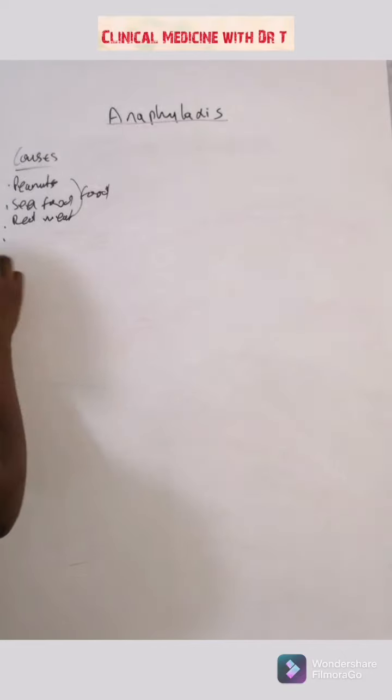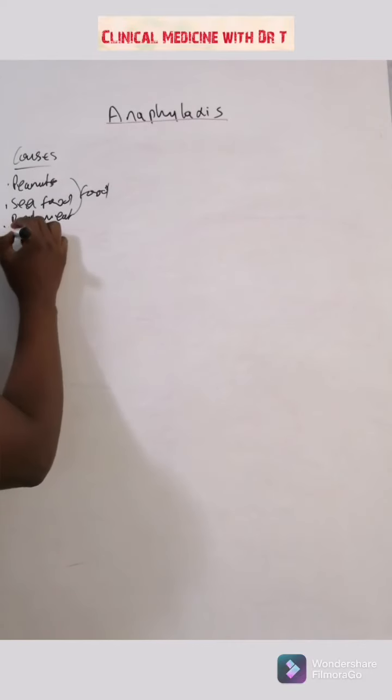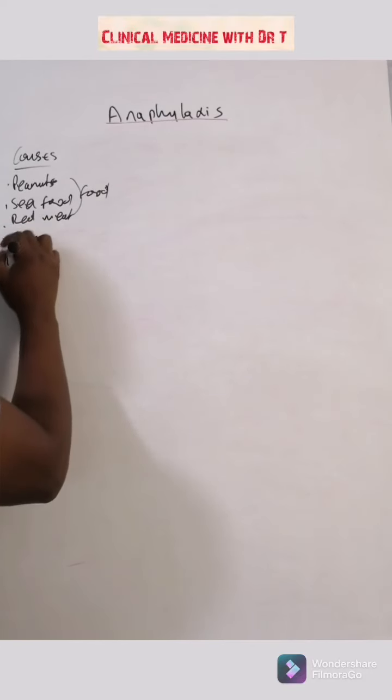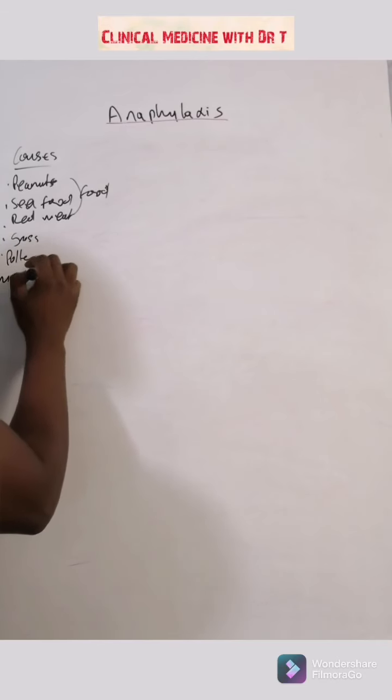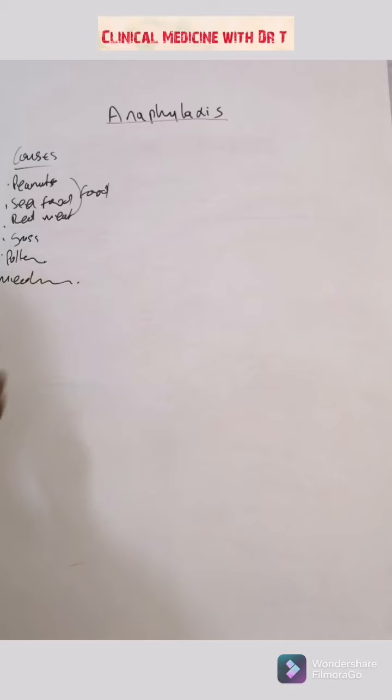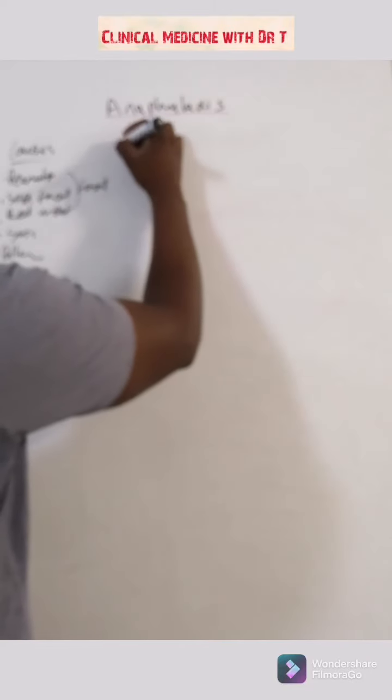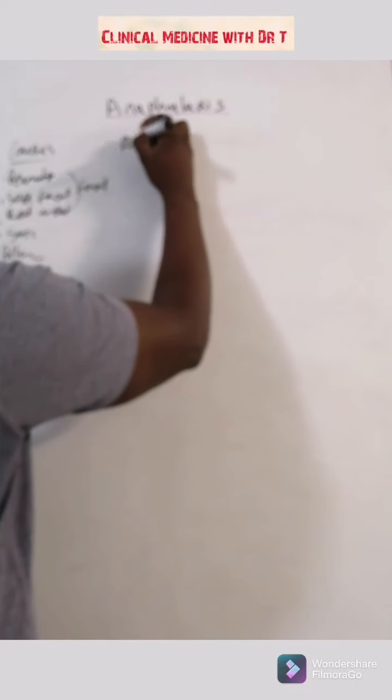And then there are a lot of them. Then there's grass, there's pollen, things like that. There's medication and etc. Ne? So, and we did say that the first time a person is exposed to an antigen,